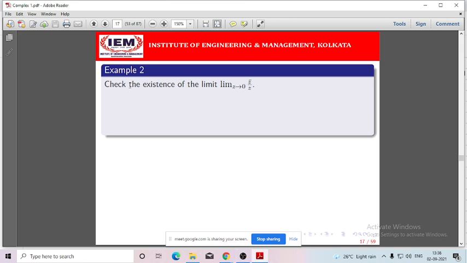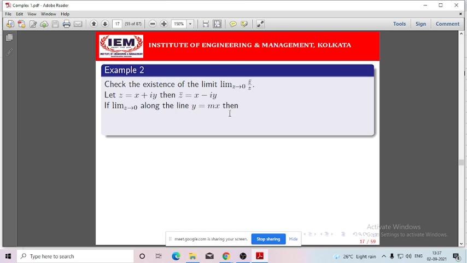Now, here if you want to show that the limit doesn't exist, then it is sufficient to show that the limiting values are different if you consider different paths, because here an infinite number of paths are there through which you can approach the given point from the nearer points. So if you can show that the limiting value depends on the path, like for a function of two real variables, then the limit doesn't exist. So here z equals x plus iy and z bar equals x minus iy. So z tends to 0, that means (x,y) tends to (0,0).